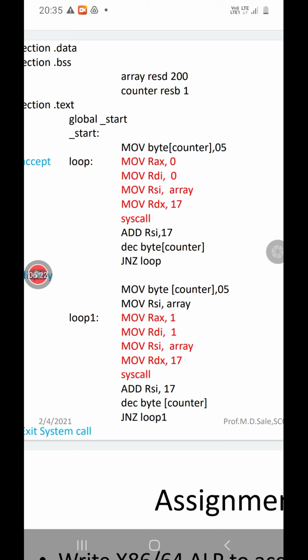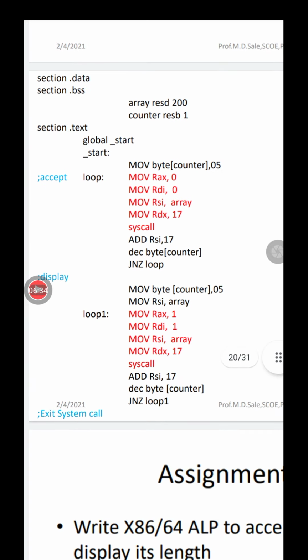So in total, for one 64-bit number, it requires 16 digits for the number and one for the enter button, right? That's why, what is the size of one number that is stored in the memory? It is 17 bytes. That's why here it is written as move rdx, 17, syscall. So the first number is stored as 17 bytes, and we have to store the second number after these 17 bytes.